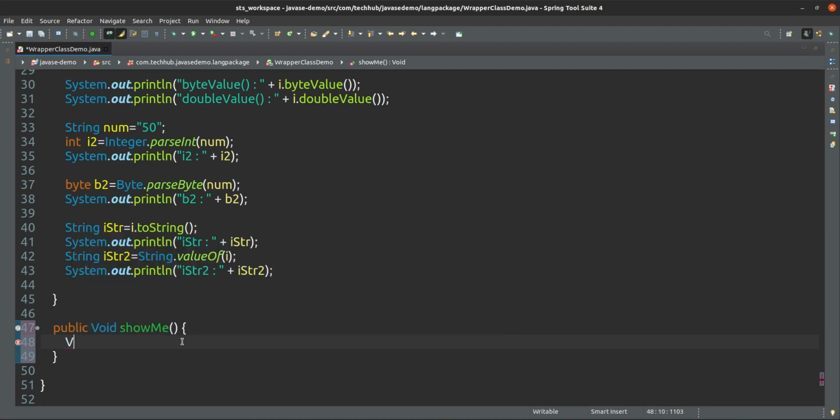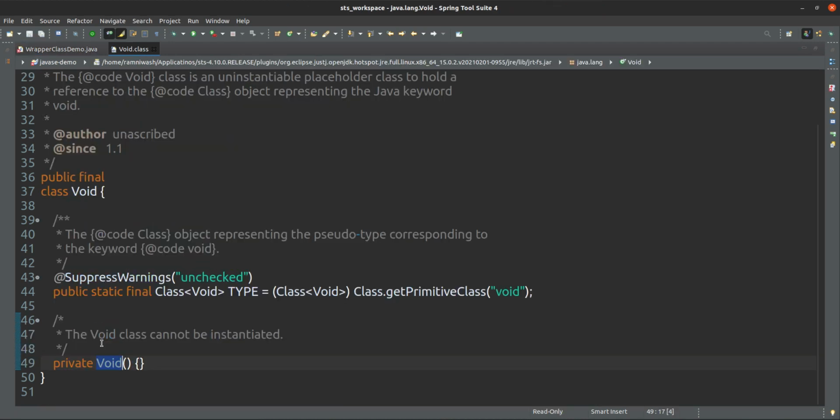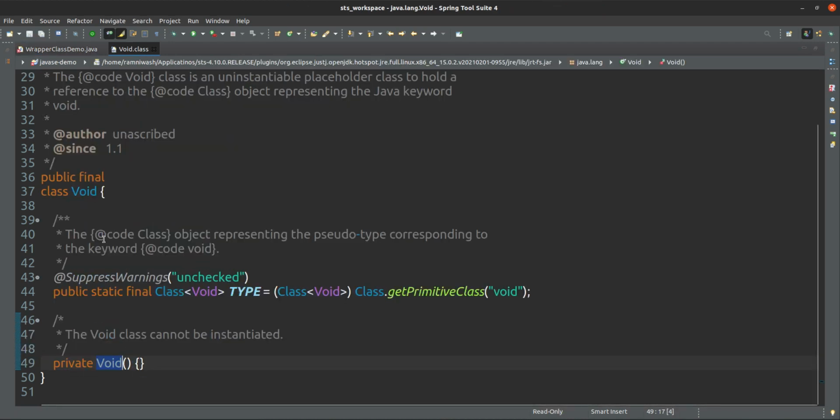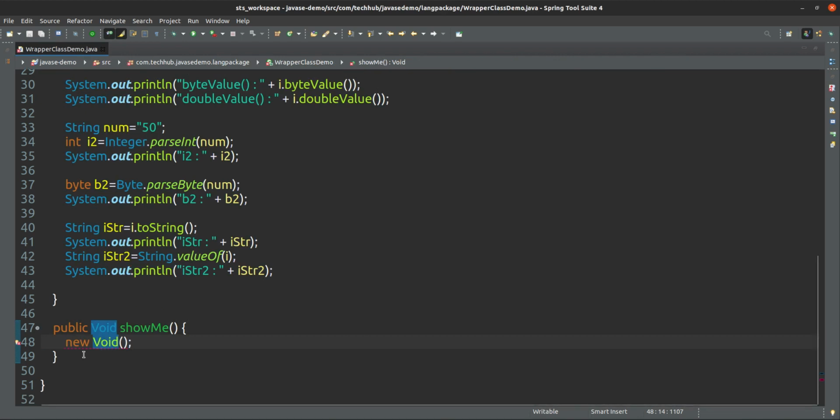Okay, I think you cannot give new Void, because you cannot create anything like that. Void, yes, is a final class only, you cannot create it. So what do you have to give here? You have to return null, something you can give, no issue, or you can give directly a return statement, that is also valid, that's it.